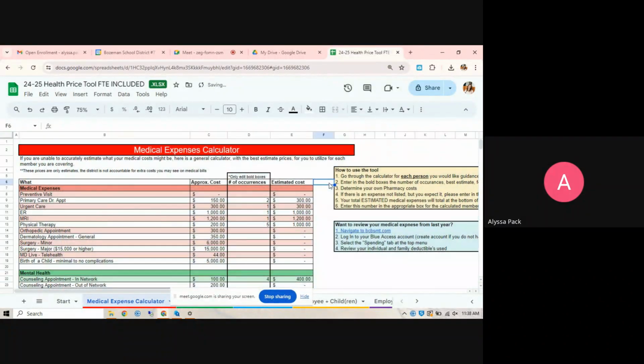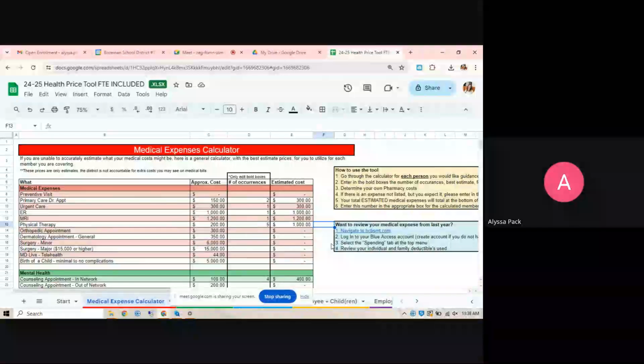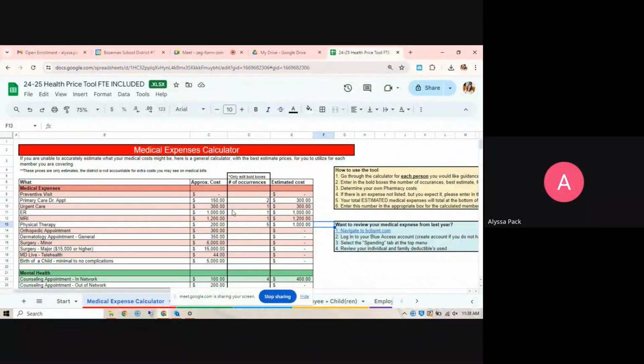If you were a part of our plan last year and you want to just review your medical expenses from last year, I highly encourage you to log into your Blue Cross Blue Shield account. It'll have each of your family members for you. Did you hit the deductible? What your expenses were, if you just want to see what you had last year. Otherwise, we can use this best estimate tool